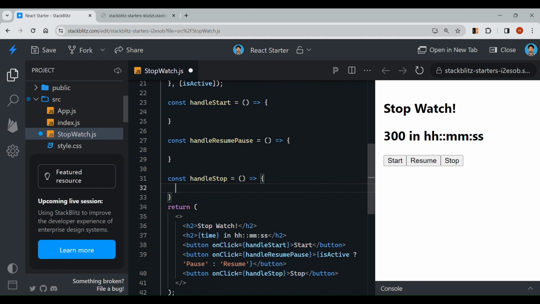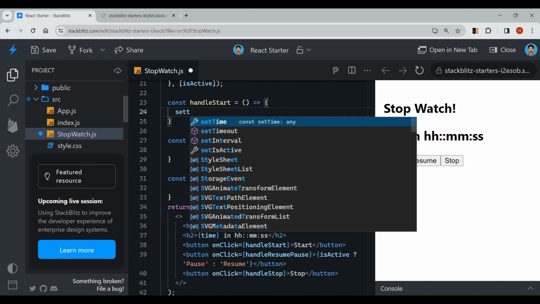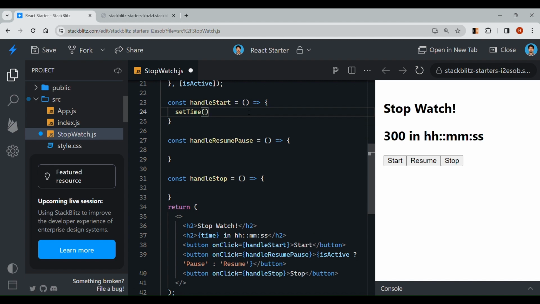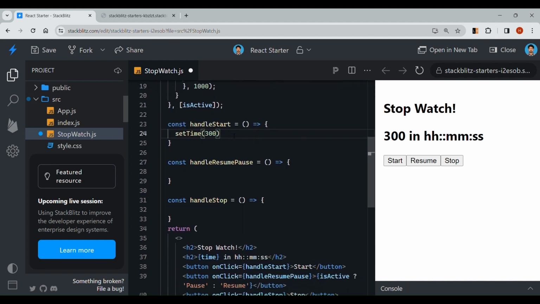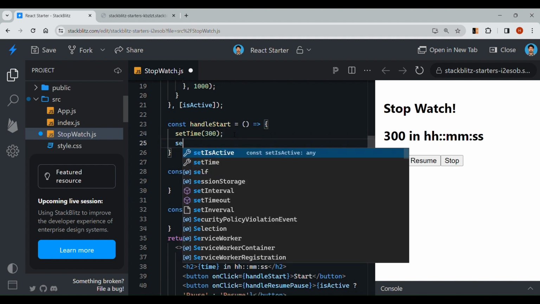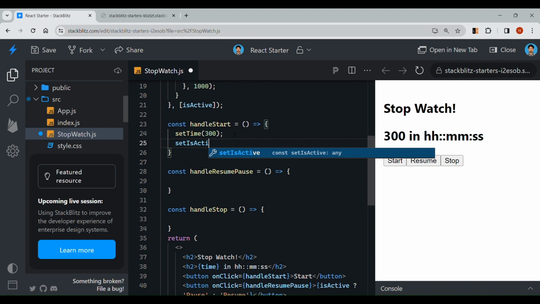So once we click on start, time should start from the initial value, right? So for that, let's set the time to 300. Initial value is 300, so it will start from 300 only. And also we need to make sure that the timer is active, right? For that, let's make it true,